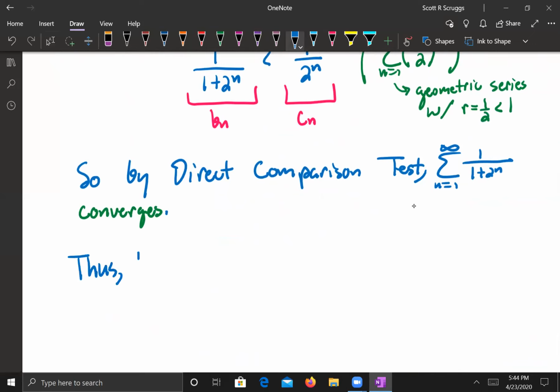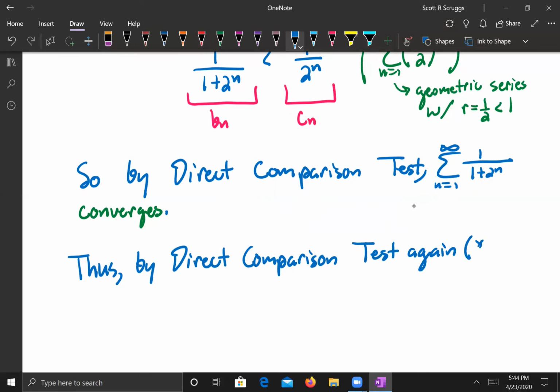Thus, by direct comparison test again, and I'll put a little sigh for using it twice. By using it again, I conclude